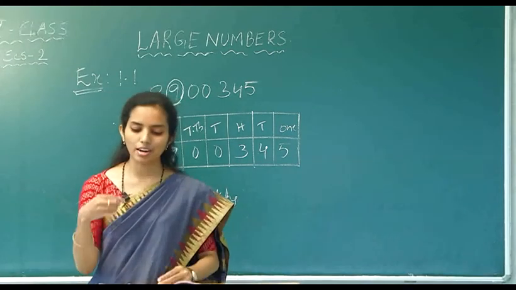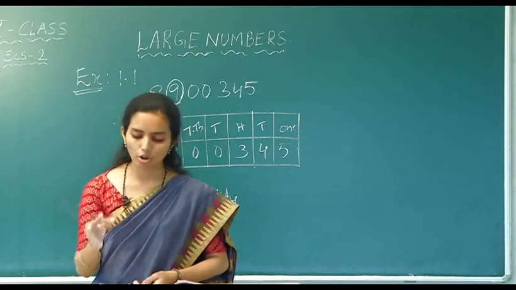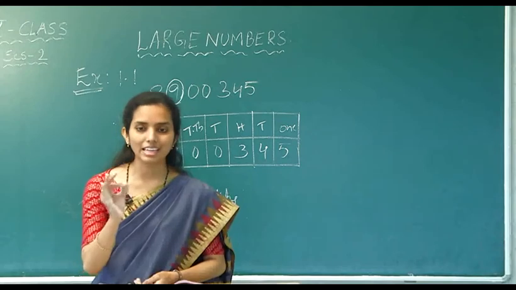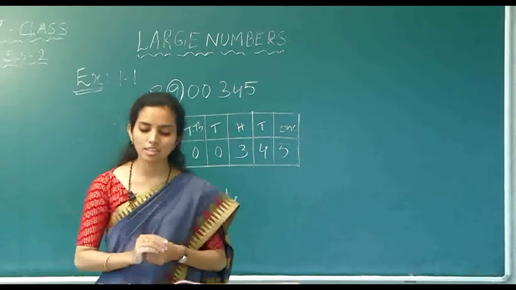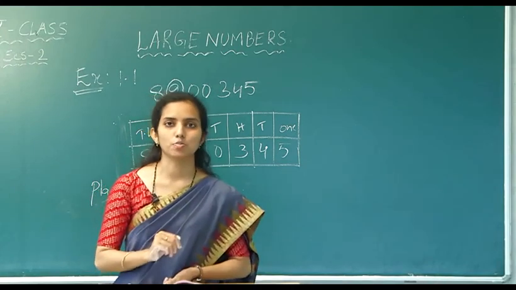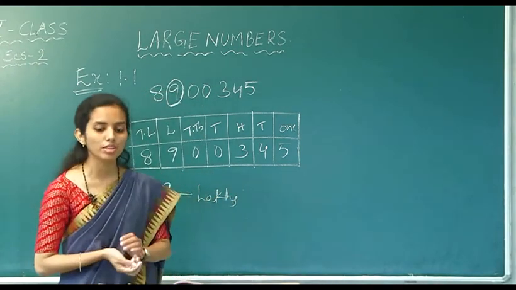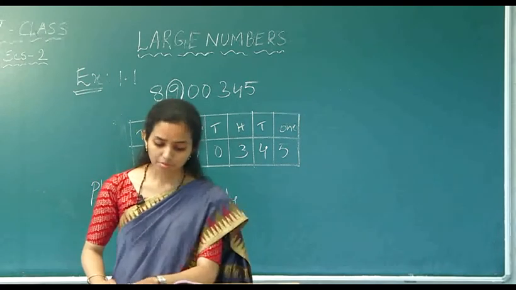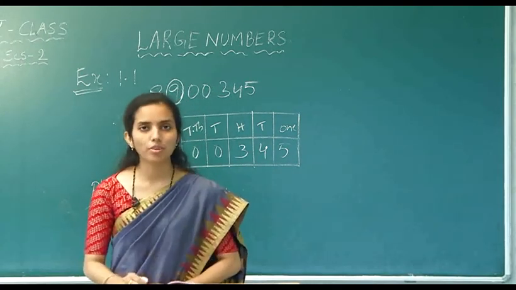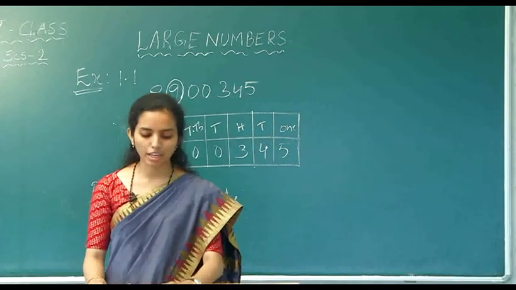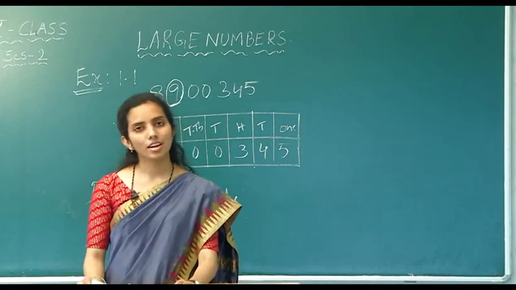So, in the same manner, next number also 7 crores 8 lakhs 19,004. So, 1 he is asking. So, 1 is in which place? It is in 10,000s place. So, 1's place value is 10,000s. So, in this manner I want all of you to do the homework, and remaining problems we shall see in our next class.